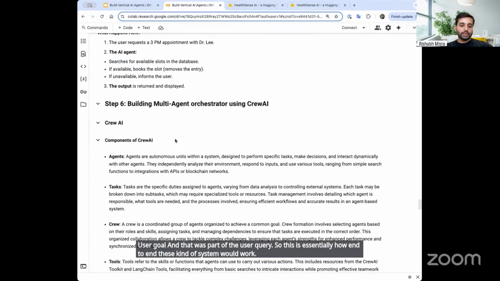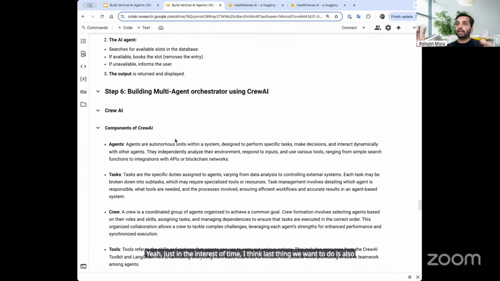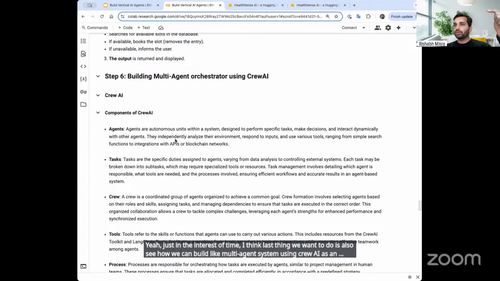So yeah, just in the interest of time, I think the last thing we want to do is also see how we can build a multi-agent system using Crew AI as an orchestrator. These two agents we saw were working kind of independently, but whenever we have to deploy things, let's say there could be one agent for doctors slot booking, one agent for hospital recommendation, but all of that would be packaged as just one system